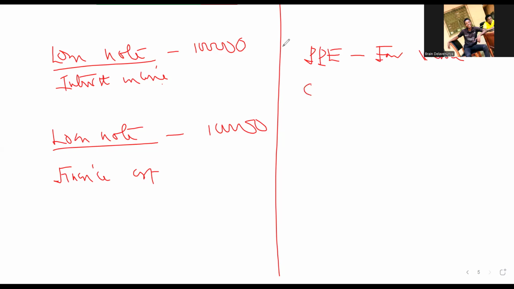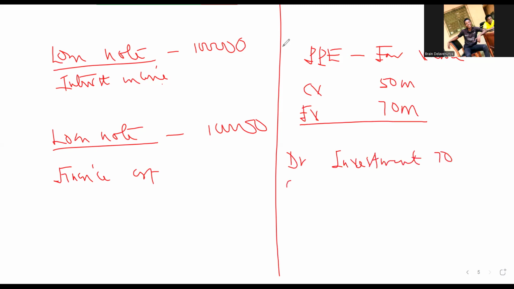So the question can give you the current value of the PPE to be 50 million, and they will give you the fair value or the market value to be 70 million. And they can tell you that the only entry made over here is to transfer the current value of 50 million from their PPE to cost of investment. No, the PPE should be given to them as 70 million. So if you are giving it to them as 70 million, the entry should have been: we debit our investment, which is cost of investment, with 70 million. We credit our PPE by removing the 50 million over there.